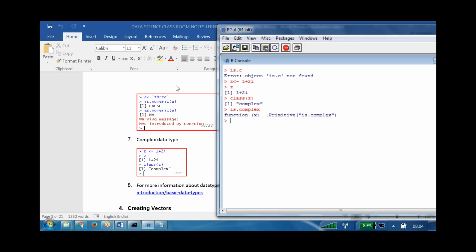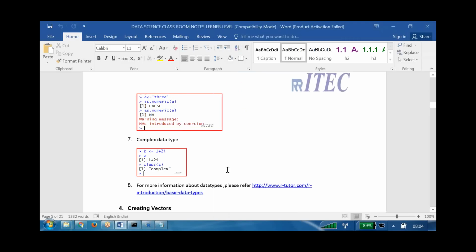Okay. is.complex is a function, it is a primitive. The primitive complex data type is showing here. Now, if you want more data type information, I have given one tutorial here. This is where you have to spend more time, sir. See, it's unlike other tools like OBIEE or ODI or Informatica. Those all have a bit of limited syllabus. Limited syllabus. You are with me? The content wise, it is limited.